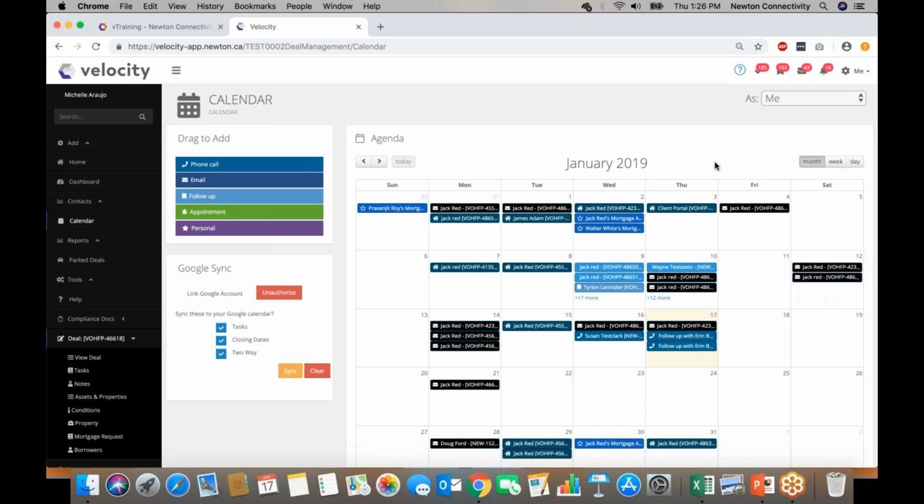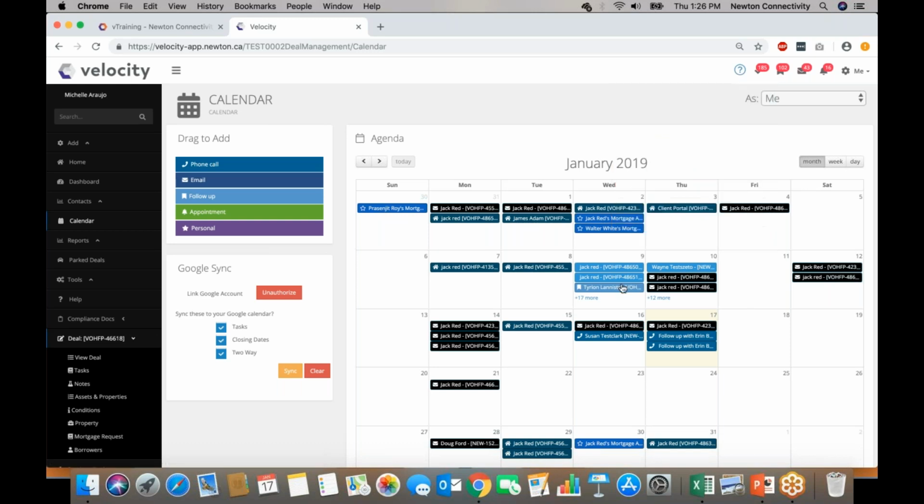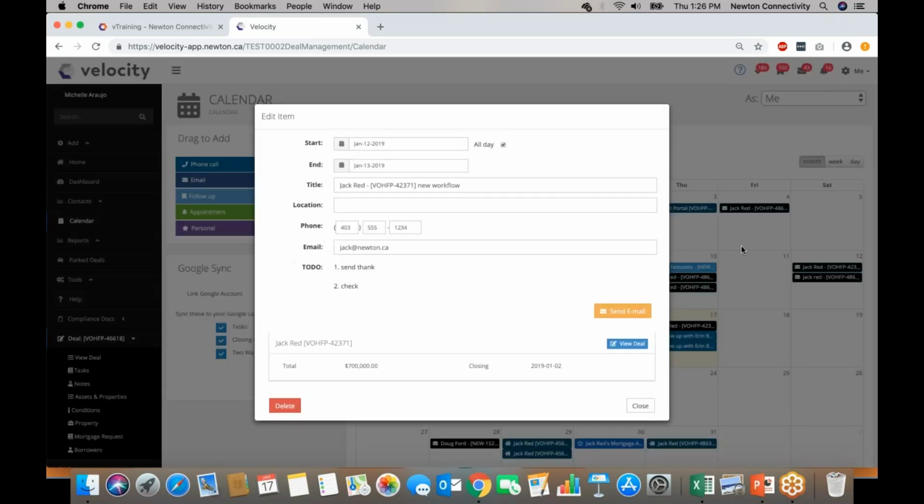The next thing that happens is as soon as my deal is approved, an item will show up in my calendar, and also it will show up in my task list, and it will basically say deal approved email or deal approved phone call. I think I might even have a few in there. Status approved text. There you go. That's a perfect example there. So they come up in your list of things to do. They also come up in your calendar, so you'll be able to see, for example, here I've got this one